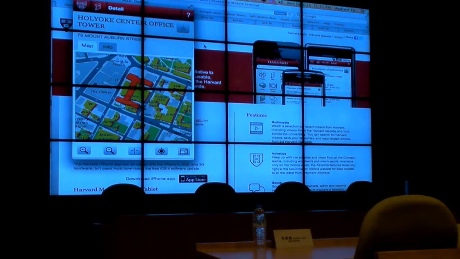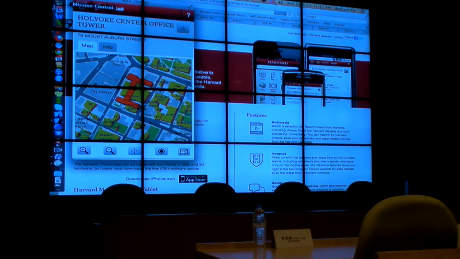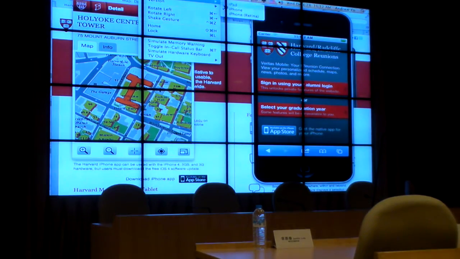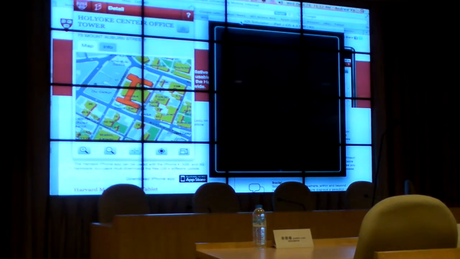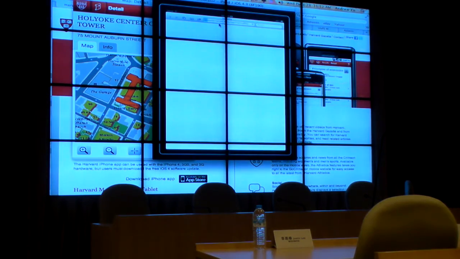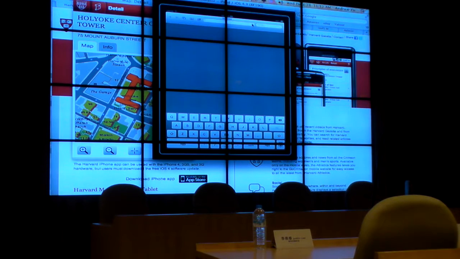And so for those of you with an iPhone, you can actually try this out on the iPhone as well for the native app. And you'll actually see the experience being much faster, of course, because it's the native app. Now on the iPad, essentially from the same code base, let me see if I can get to the